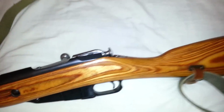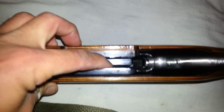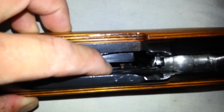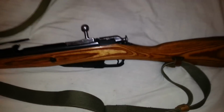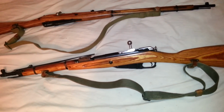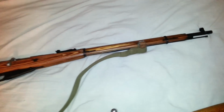And the Mosin Nagant was one of the first effective rifles to shoot that rimmed round, because of this little spring right here. It's able to keep them from bunching up. Alright, guys. The M44 is the carbine version of that long rifle. The long rifle is the